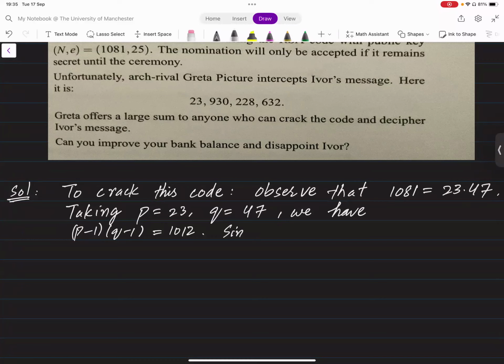Now since E is 25 and 25 times 81 is congruent to 1 mod 1012,